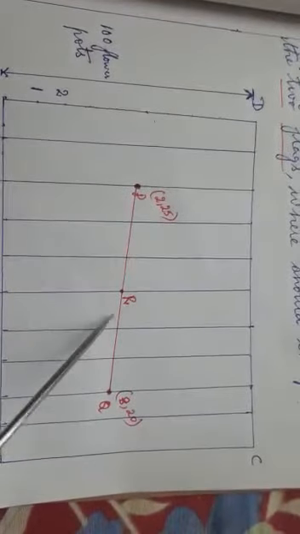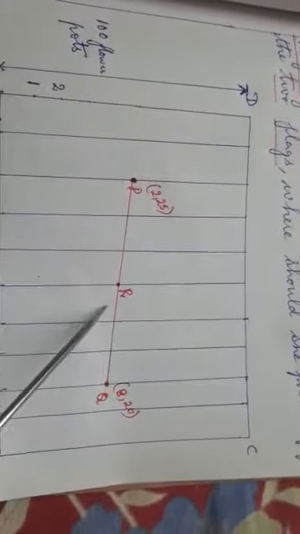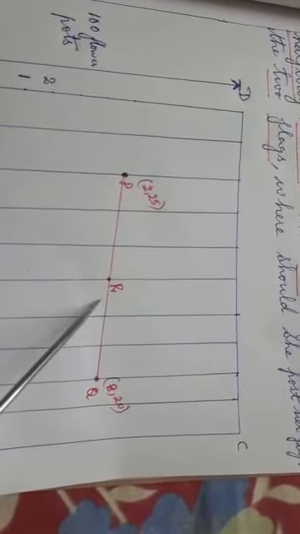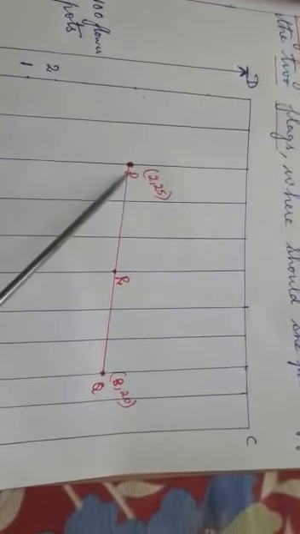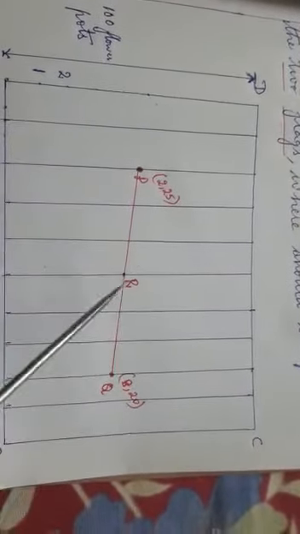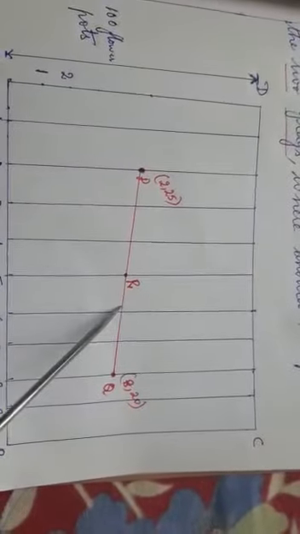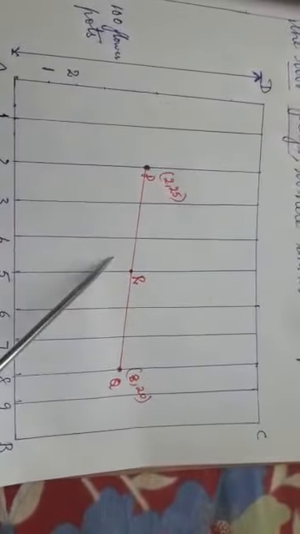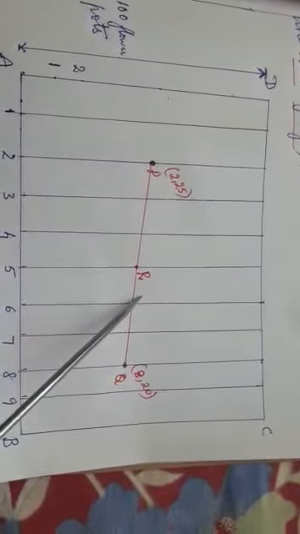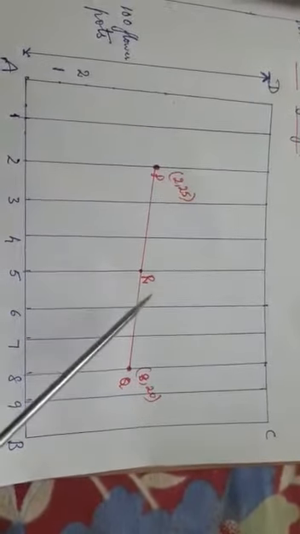Now for this, we have learned in the previous lesson, when I was giving the formula, that the coordinates of the midpoint are written as (x1 plus x2)/2, comma (y1 plus y2)/2. Using that formula, with x1, y1 and x2, y2, we can find the coordinates of R. Or else, since it is halfway, it is divided in the ratio 1:1. We know very well when it is in the middle, it is a 1:1 ratio. So we can use the section formula also to find the coordinates of R. But the midpoint formula will be very easy.